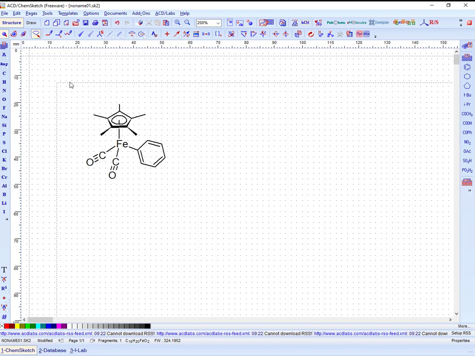So I'm going to use the select, in this case the lasso. I'm going to copy and paste, and then it will let me add this over here. The particular structure that I'm going to show is now where I'm going to show this carbon monoxide coming off, and acetonitrile is going to be a new ligand. Okay, so the way I'm going to do that is I'm going to have to modify